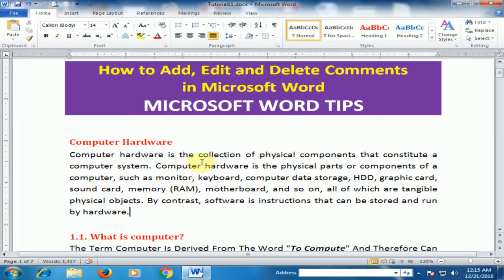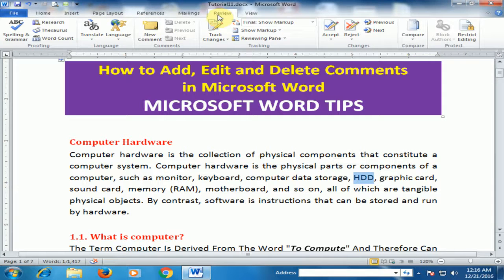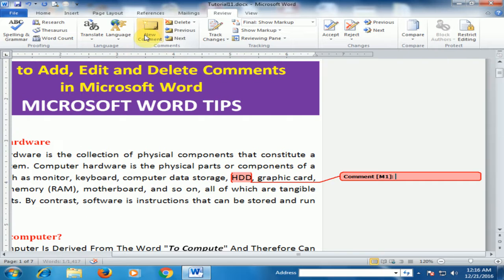Let's see. Here is a Word document. I want to insert comments here. Just select the text and go to the Review tab and click New Comment. Now you can add a comment here. Hard disk drive,